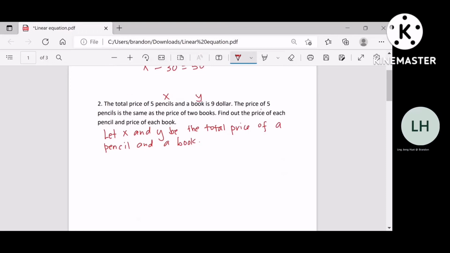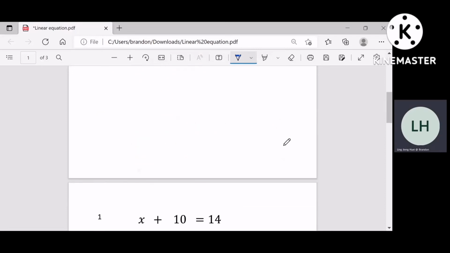So with that, we'll look at how we can form equations. The total price of 5 pencils, which is 5x, plus Y, a book, equals $9. The next sentence, the price of 5 pencils is the same as the price of 2 books, 2y. So this will form another equation. I'll cover simultaneous equation in the near future, but now let's take a look